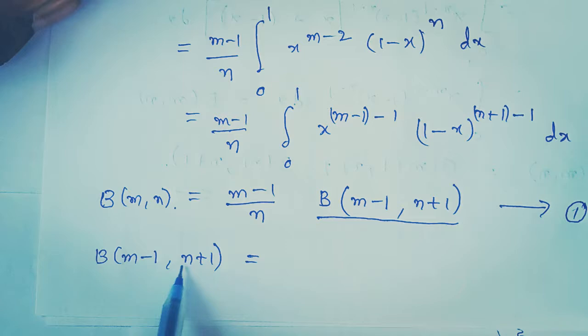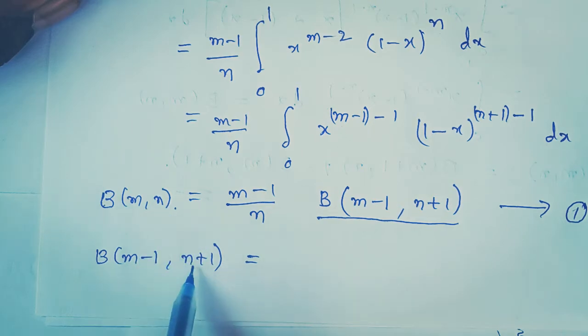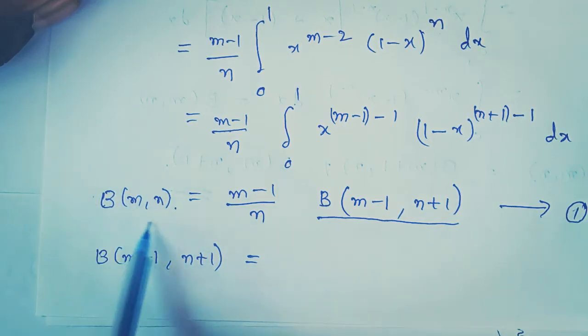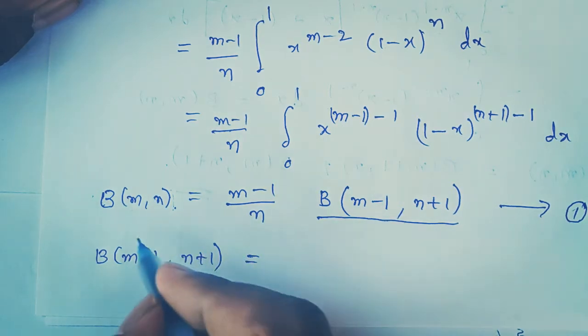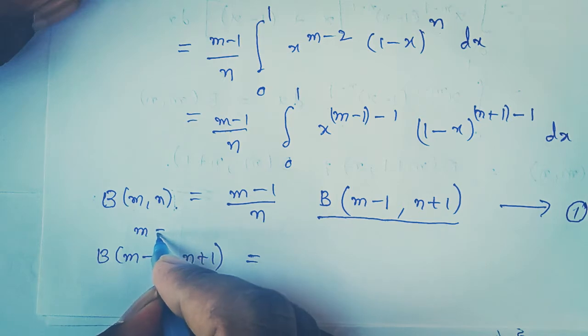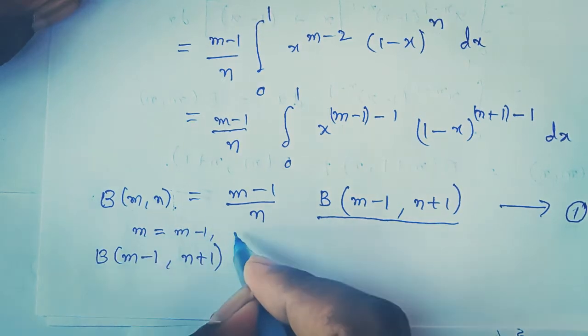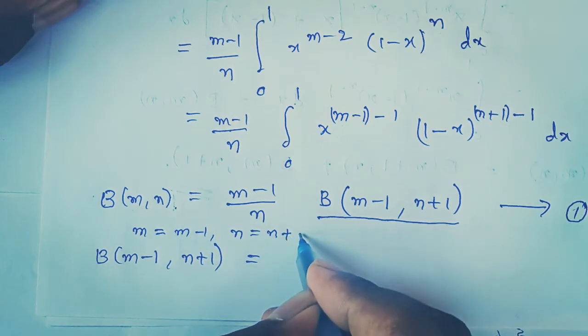Now to get this value, it is enough to replace m with m-1 and n with n+1, because already we have found it. Okay, now replace m with m-1, n with n+1